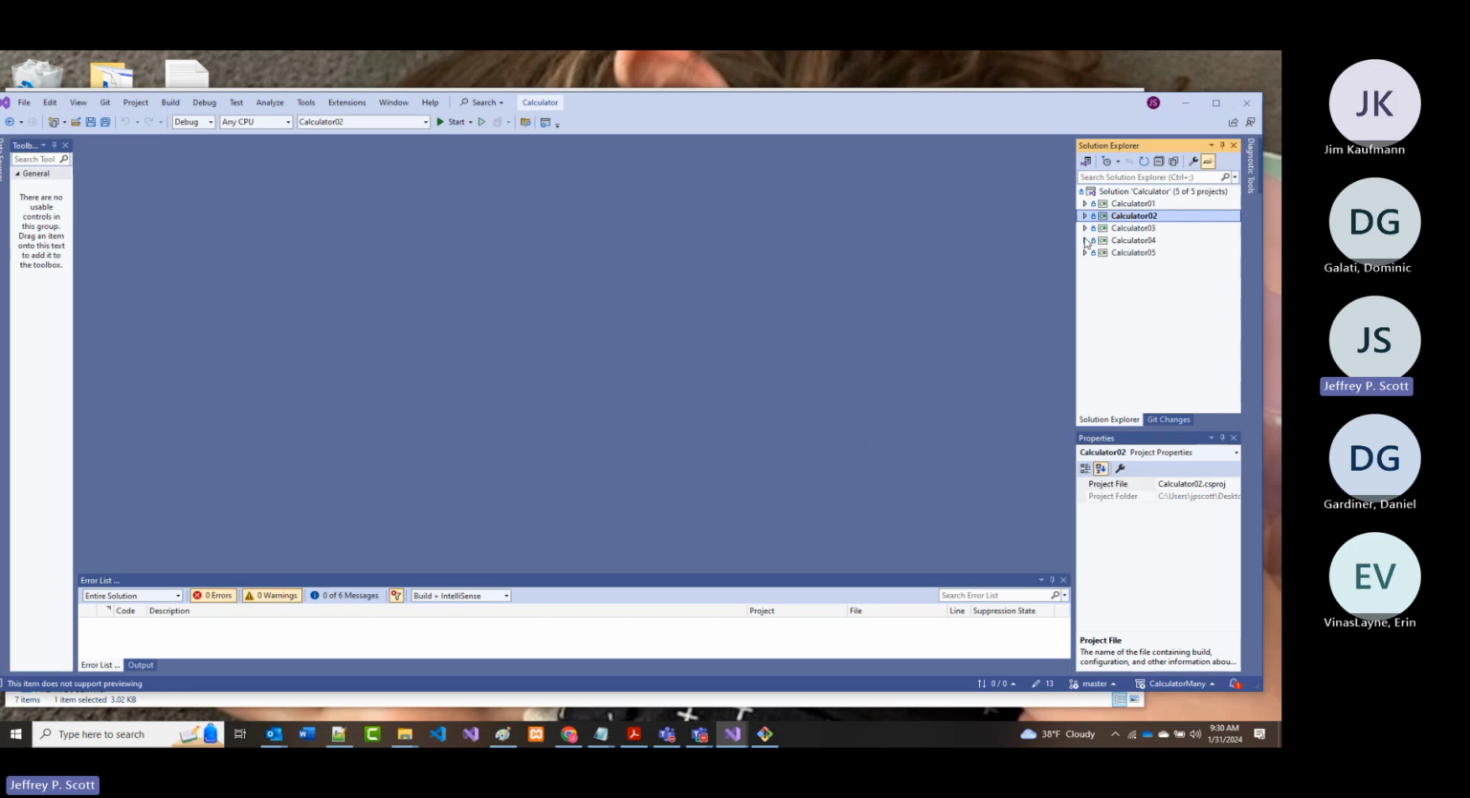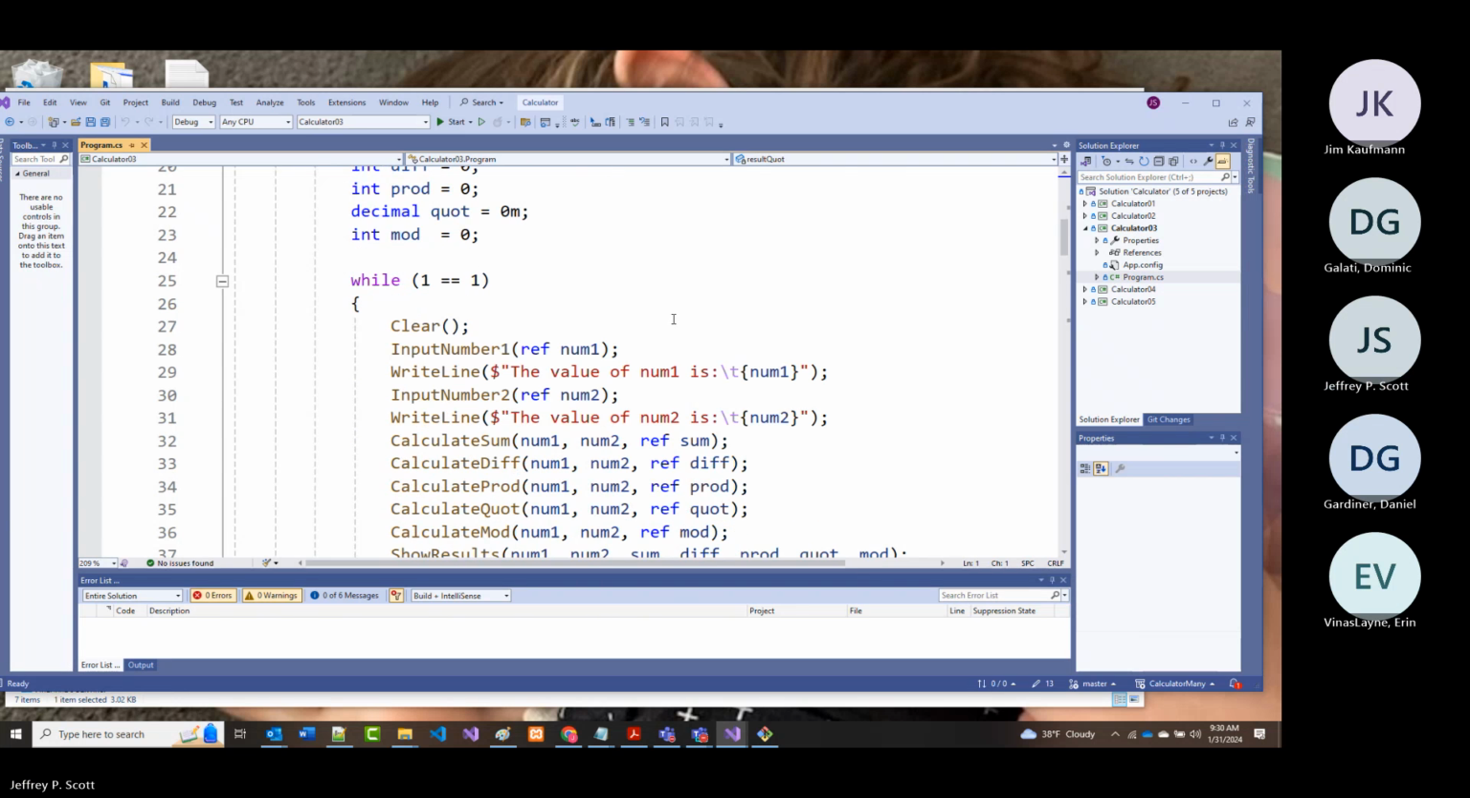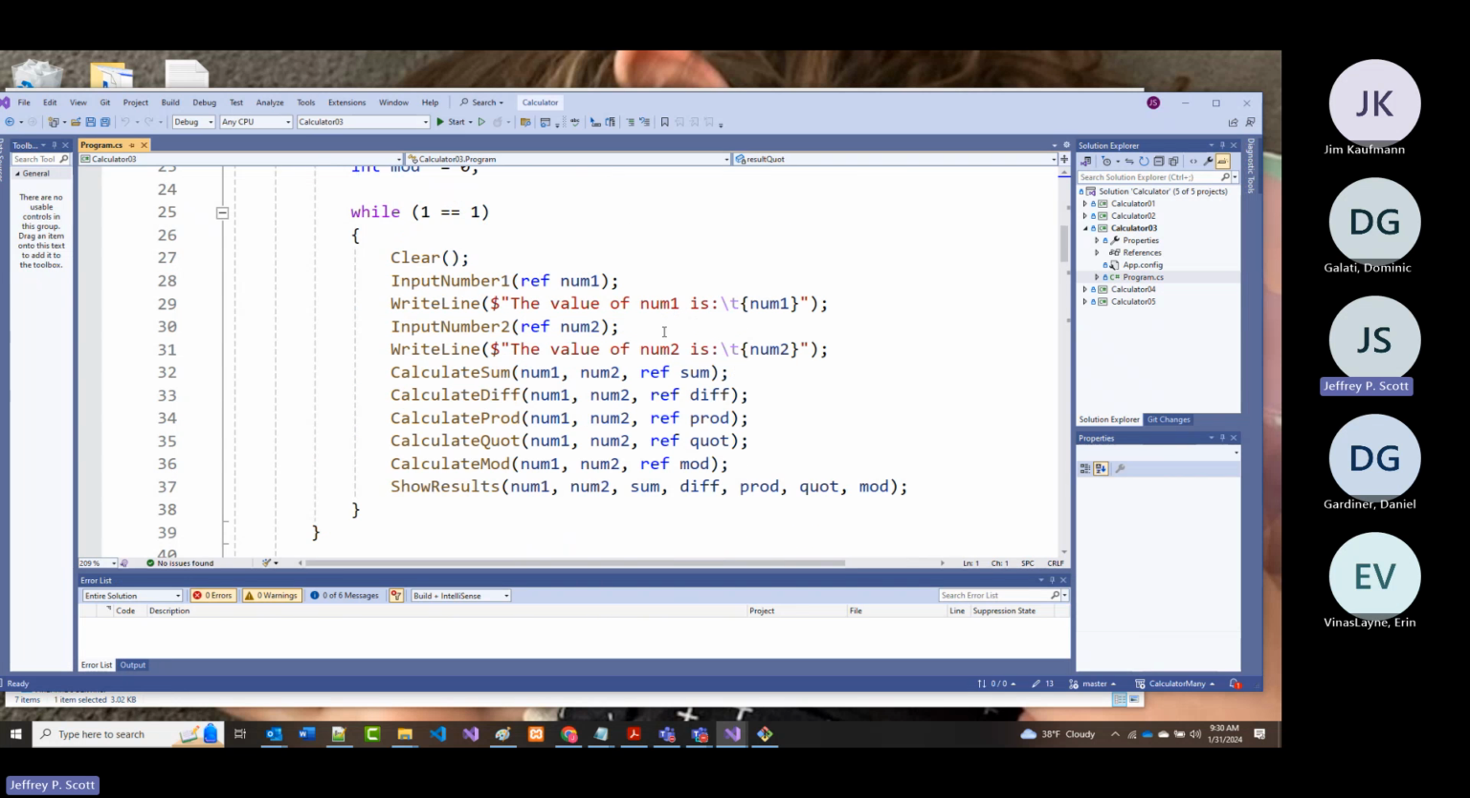So let's go up to the third. I'm going to make that my startup project, and let's bring that up. It looks very similar to the last one, except notice that now I am not taking the answer and saying sum equals calculate sum, diff equals calculate diff. I'm not doing that. Rather I'm passing sum, diff, prod, quote, and mod in as